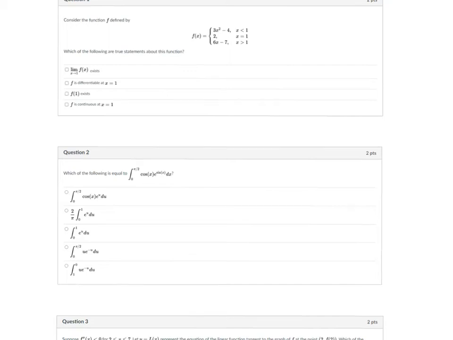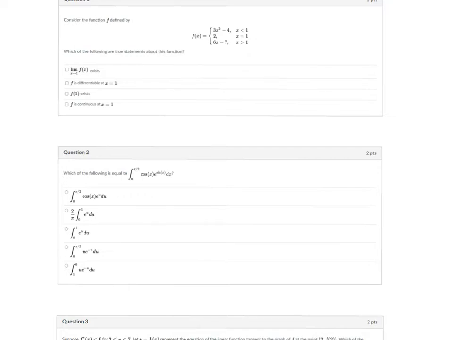Hey guys, this is the practice for the final exam for Math 2144. Starting off with number 1, we have a piecewise function that's centered around 1, and we want to figure out if the following statements are true about this function. We want to know if the limit exists, if it's differentiable, if the value exists, or if it's